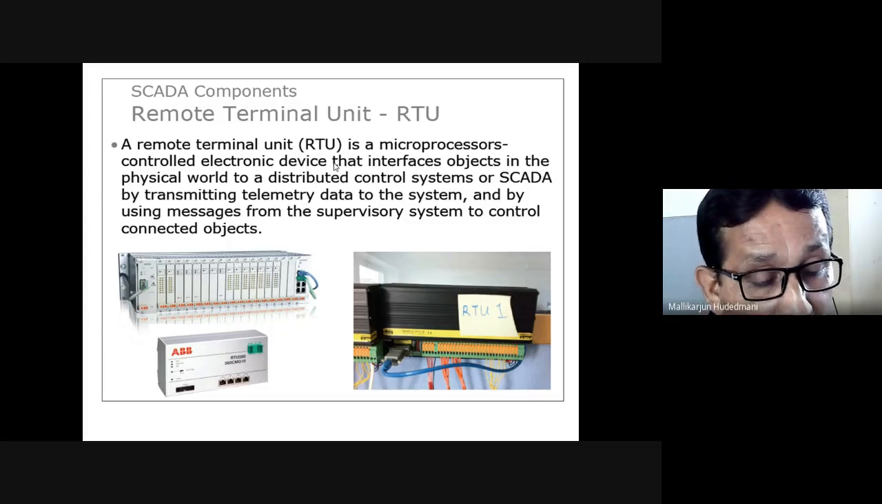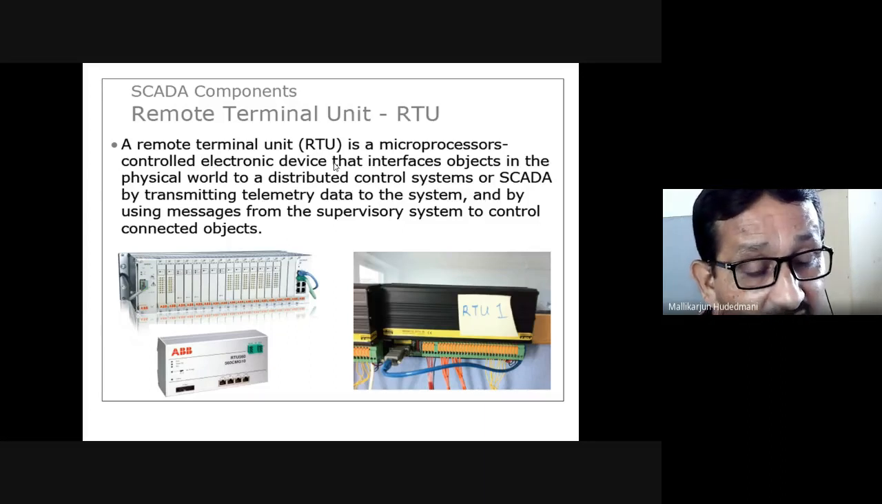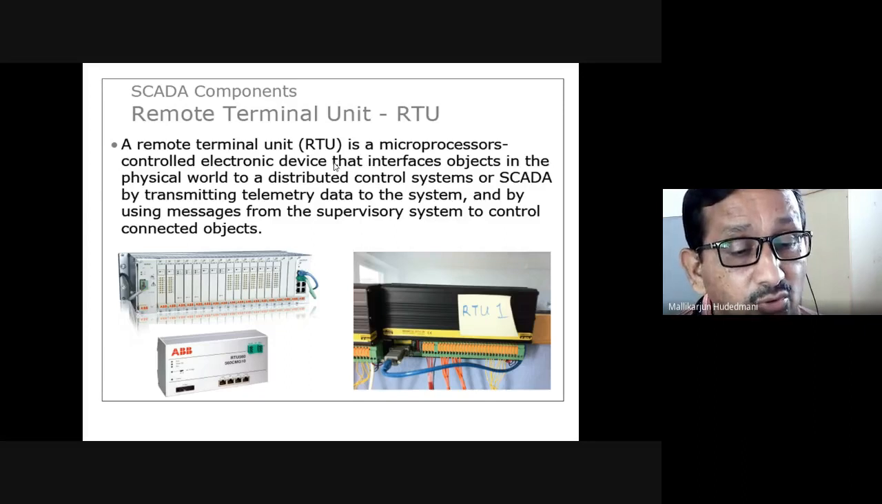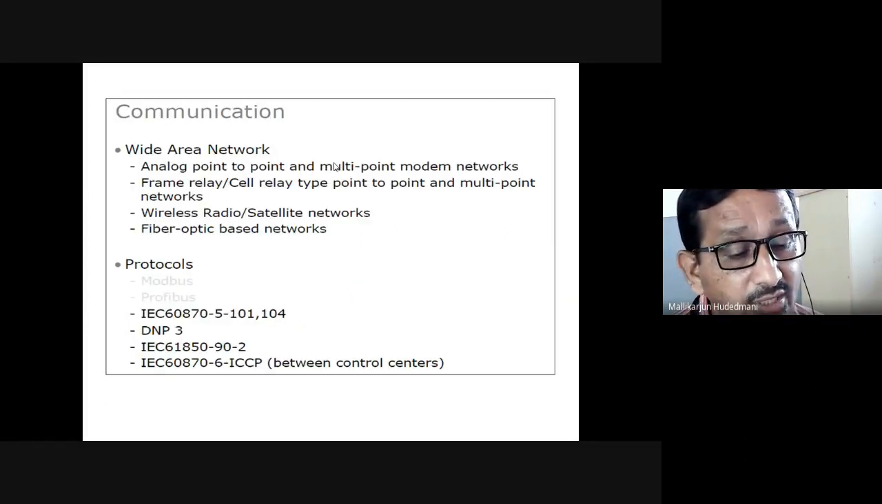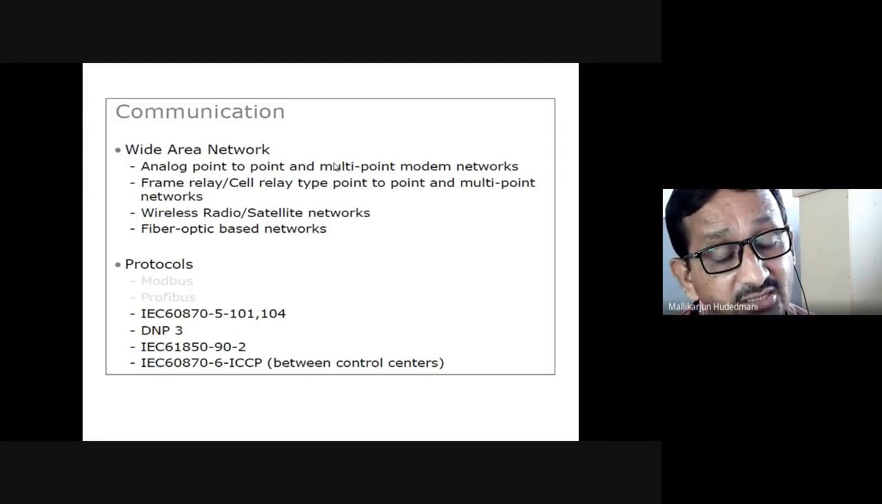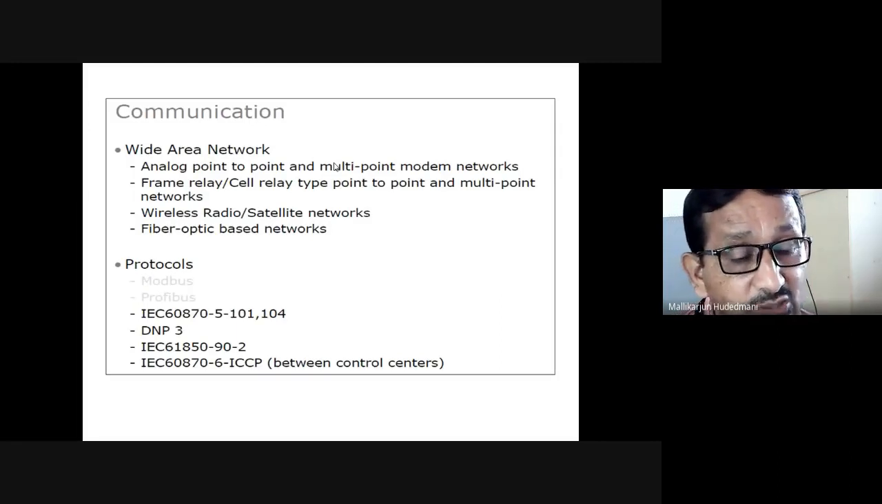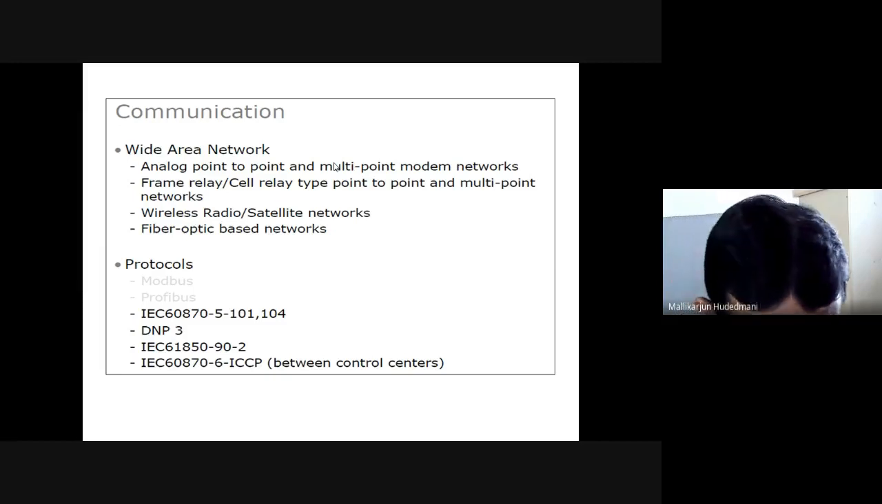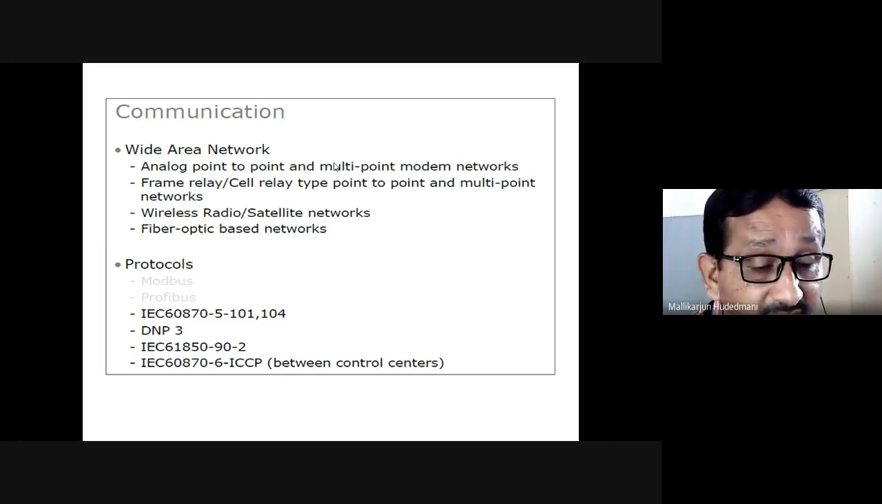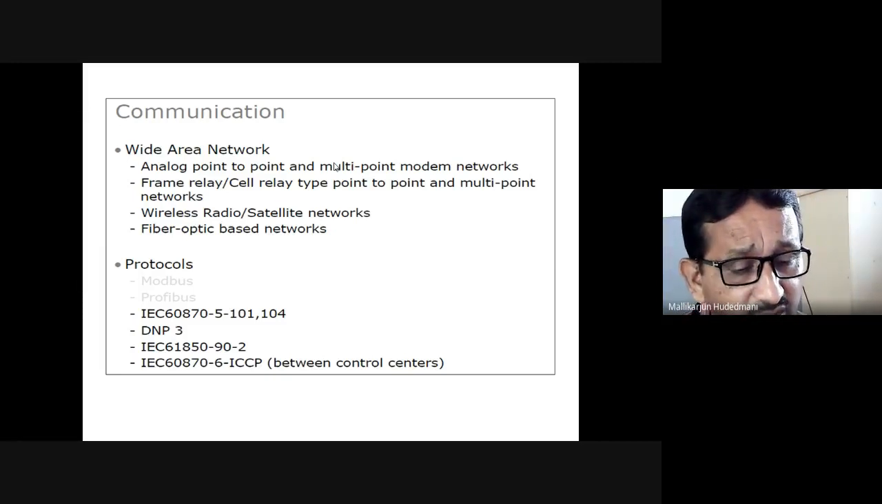RTU in turn compiles all those and transmits it to the remote master center. So likewise this one. Then how will the communication take place? Communication is one of the very critical needs. Even though I have a power system with generator, load, and transmission mechanism perfectly installed to the fullest possible capacity,